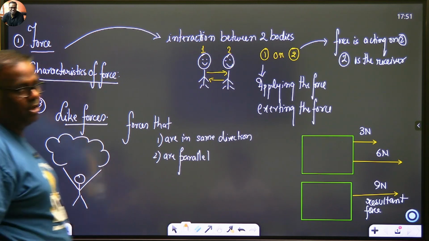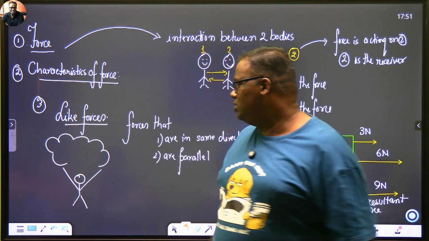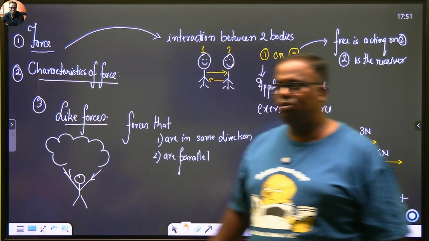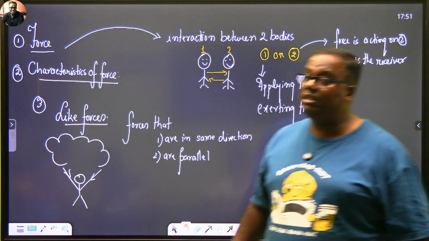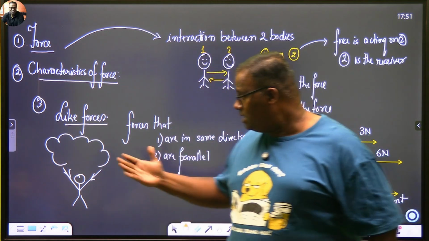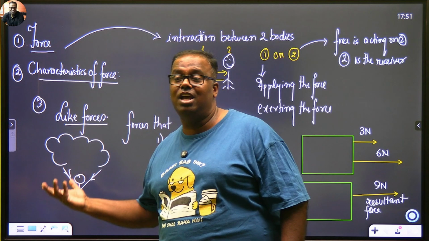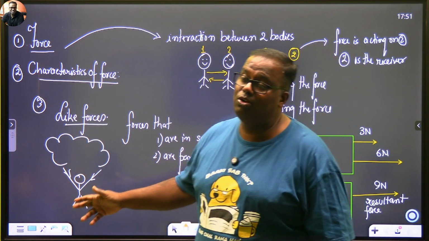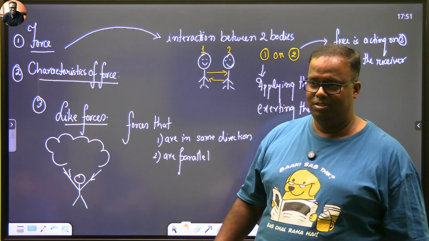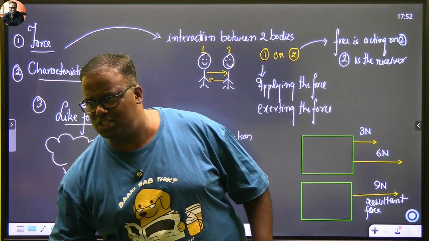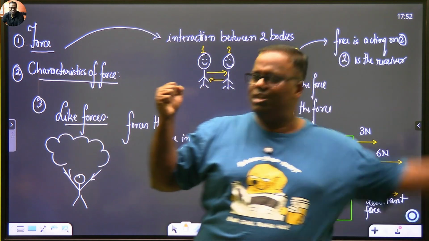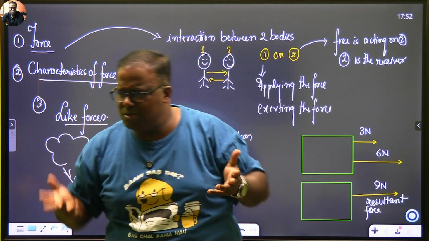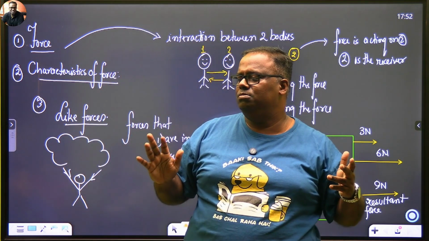Paratrooper coming down with a parachute. How is he pulling? One on this side, one on this side. Both the forces in the same direction, but they are not parallel. ये सब हम पढ़ते हैं जाके grade 9 के आगे. Here we will need, I told you what vector, right? We will need something called the knowledge of vector addition. जरा सोच के देखो कितने अच्छे से एग्जाम्पल है। फोर्स इस साइड से आ रहा है, इस साइड से आया, पैराट्रूपर कहां जा रहा है? सीधा नीचे जा रहा है।